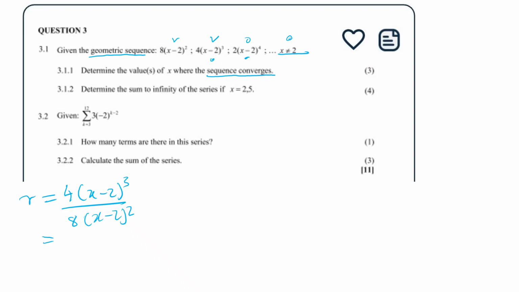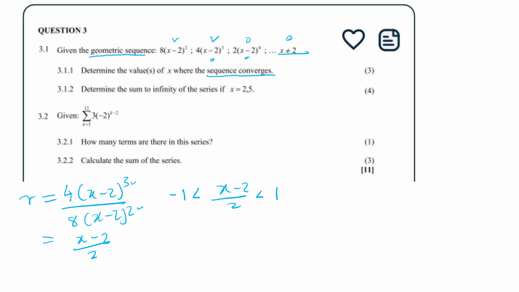Therefore now r will be equal to, okay, if we try to solve this, we're going to end up with x minus 2, because now 3 minus 2 will be 1. Therefore now we're going to have x minus 2. Therefore now 4 over 8 is 1 over 2, right? Therefore now we can divide this by 2. Therefore we're going to have negative 1 less than x minus 2 over 2, which is less than 1,